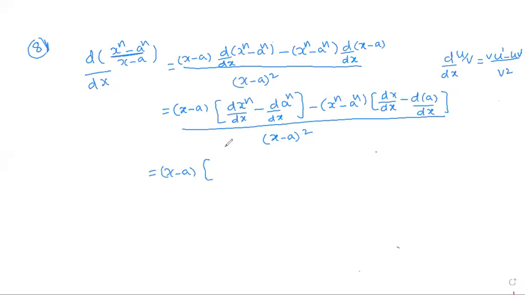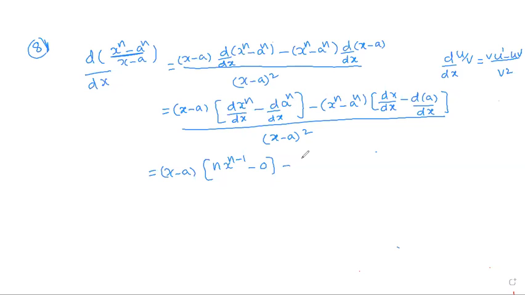Everyone note down: the formula for the derivative of x power n is n into x power n minus 1. a is a constant, and the constant derivative is 0. We take the derivative with respect to x only. a is not an x, therefore it is a constant. Only x terms have a derivative. Okay?